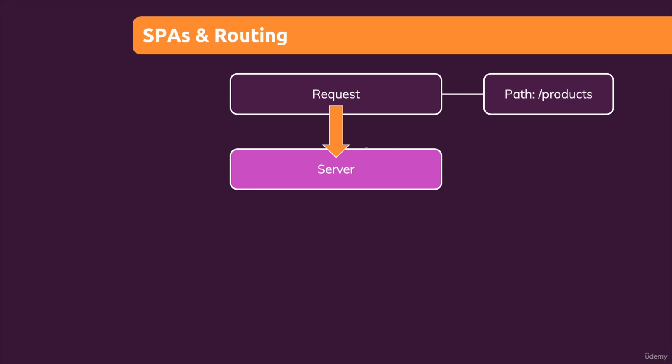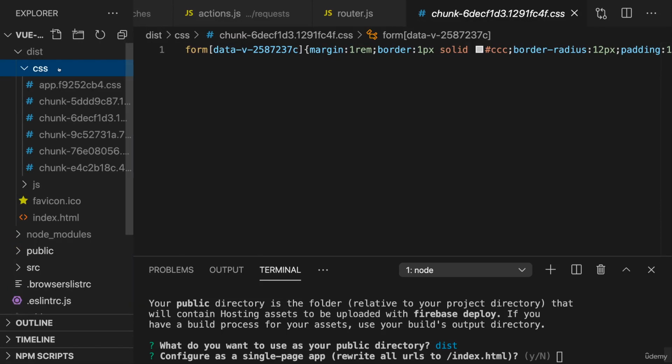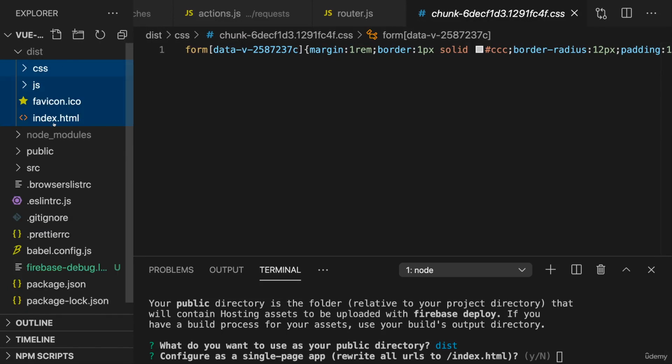Now, this server should actually ignore the path that's part of the request, because if it does not ignore it, then the server will try to find something on the server that matches this request. For example, it looks for a products folder in your hosted files and tries to find an HTML file in such a products folder. And for our app, that would fail, because